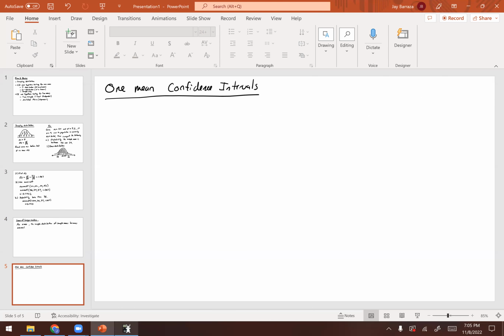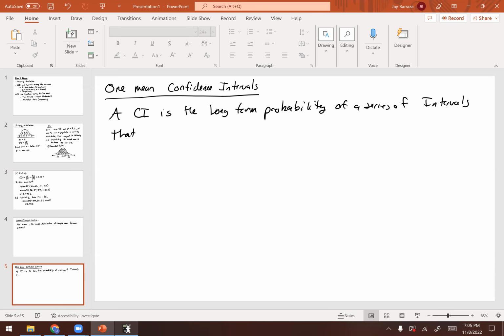So remember, a confidence interval, I'll just abbreviate as CI, is the long-term probability of a series of intervals that may contain the population parameter. So remember,